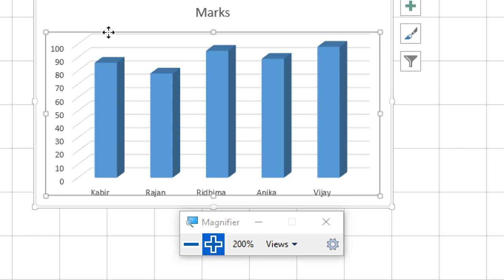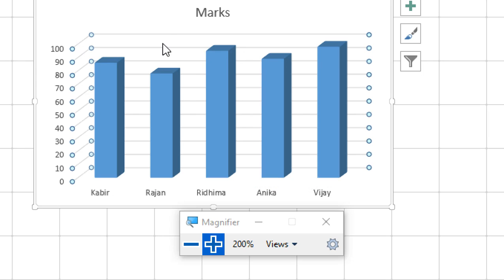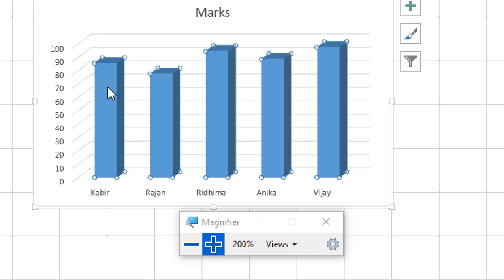Then you can see here the lines, the chart, where it is called the chart area. Okay, sorry, plot area, where the chart is plotted. Then afterward you can see the lines, which are called the grid lines. Then you can see the columns are called the data series. Understood everyone? Now you want that here there is no x-axis name or y-axis name.